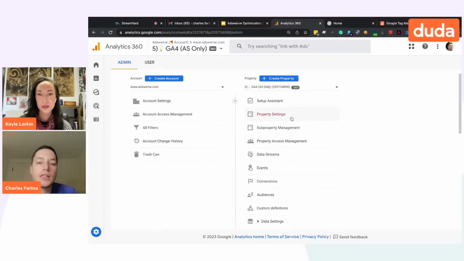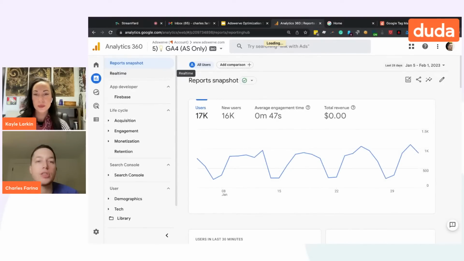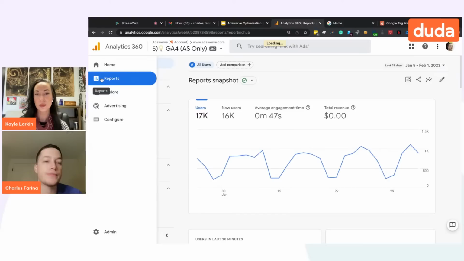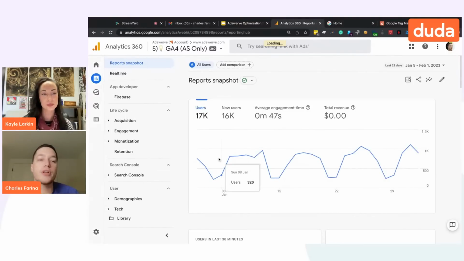From a setting standpoint, I think some of the important ones to start off with are going to be the building blocks of GA4. GA4 is going to collect data, and then to make it really meaningful, you do need to do a little bit of customization. My recommendation for new users to GA4 is probably to spend a bit of time on two other areas, conversions and audiences. For me, conversions are one of the most important parts of GA4 because if we're not measuring to an outcome, how are we really measuring anything to begin with?